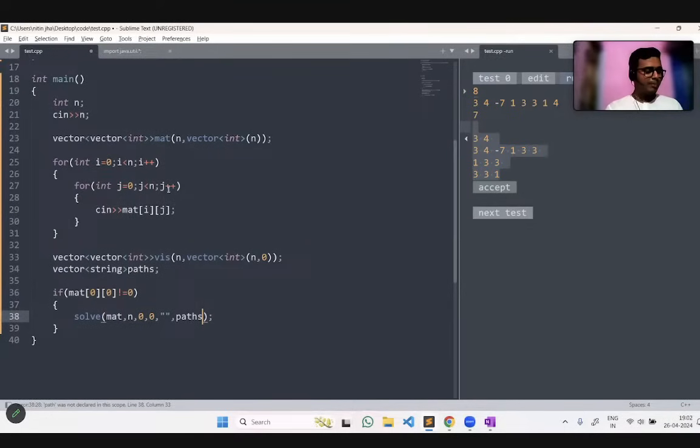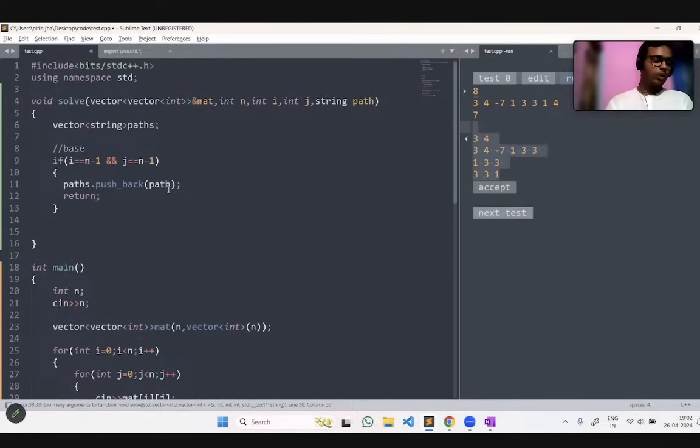Now we have been passing the paths along with our value. Why are we using a vector? You have to understand, yes, the code is quite difficult, but you have been given 1.5 hours to solve both of these codes. The code will not be asked to just print a prime number or things like that, and you will get a very good package also. If you crack one code, then probably you will get the digital role interview call, or if you are able to code both of these codes, then TCS will offer you the Prime role interview. So the package is also very good with the problem you are solving here, and that is why the standard of the problem is very good.